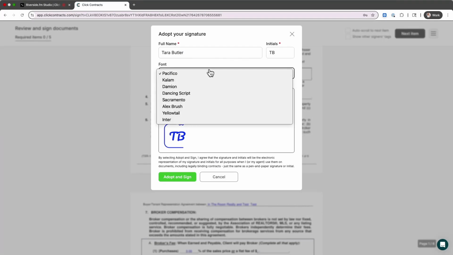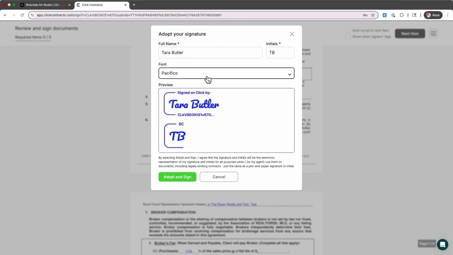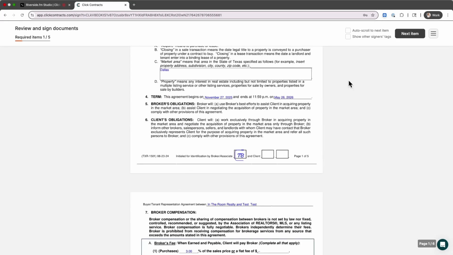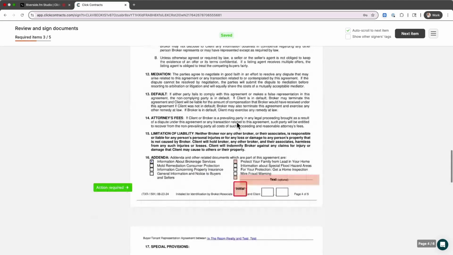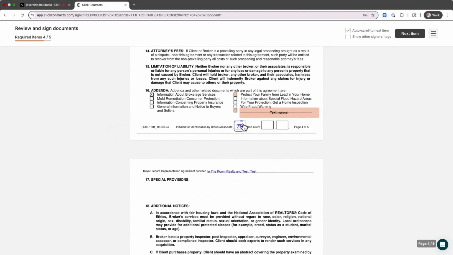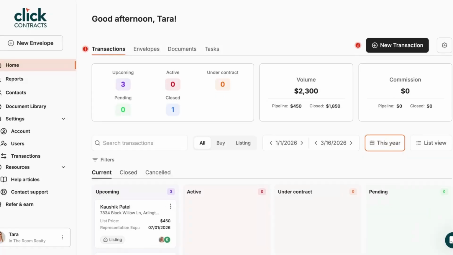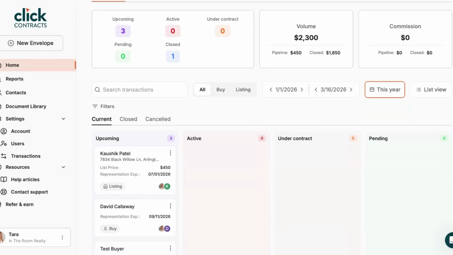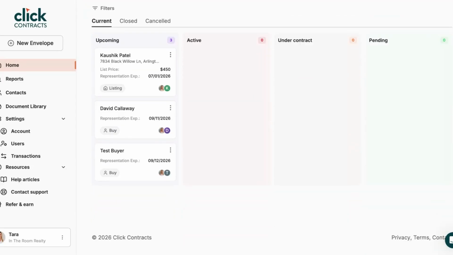A window will pop up for you, and you can choose your signature. It's going to place it there. You can also auto scroll to the next item, making it even easier for you, and then finish. So it automatically brings you back to your home screen, and then it gets sent off to your buyer for their signatures. So if you are doing a test run right now, then go ahead and check your inbox and sign it yourself, and then go to